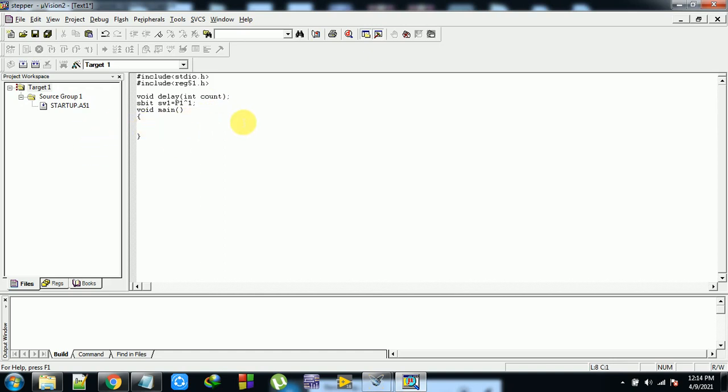So here while(1), always repetition, while(1). Now in between these brackets only you need to write the code. Simply first, because my stepper motor is on port 2, P2 is equal to 0x0c.